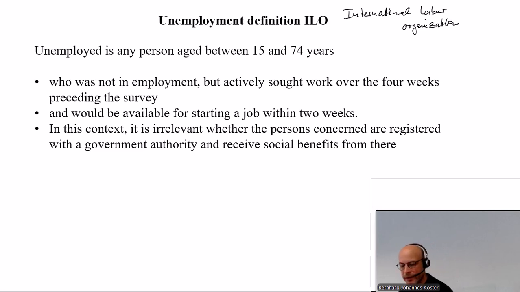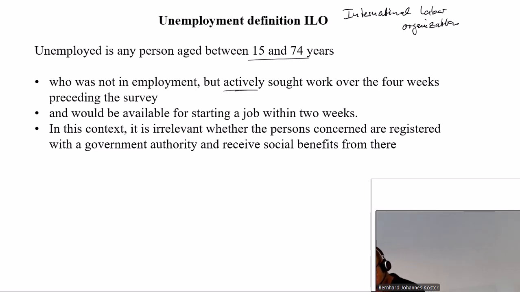This is in principle the same definition, but if you look in a deeper way within it, then you see it is slightly different. You look at people between 15 and 74. Well, this is maybe a little surprise because in Germany we look until 65, or since we are increasing the retirement age to 67. But of course, you are looking here also at developing countries where you almost have no general security system or a general retirement system. And then you say, well, in general, the people could work until the midst of their 70s. Therefore, you look here at a little bit longer period.